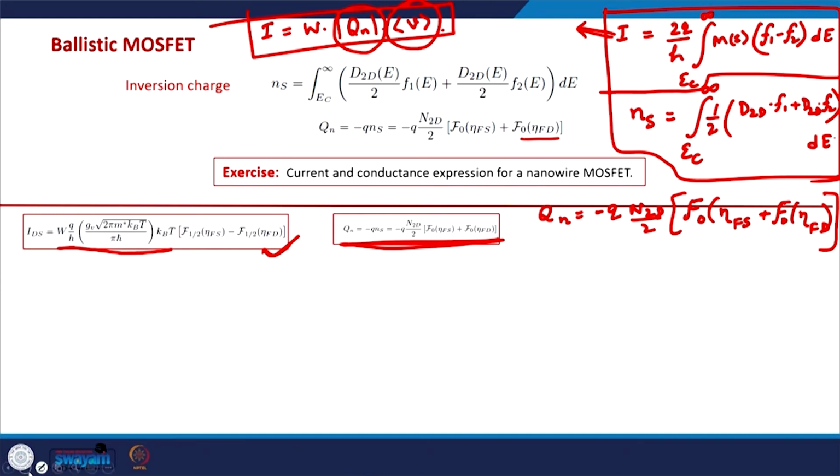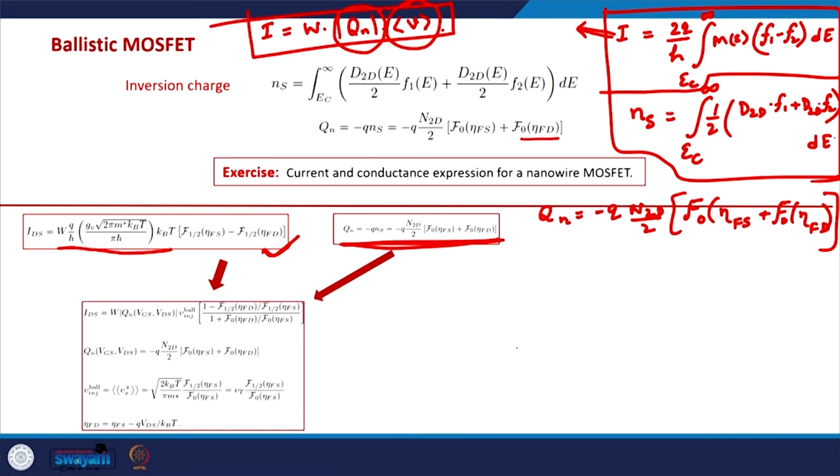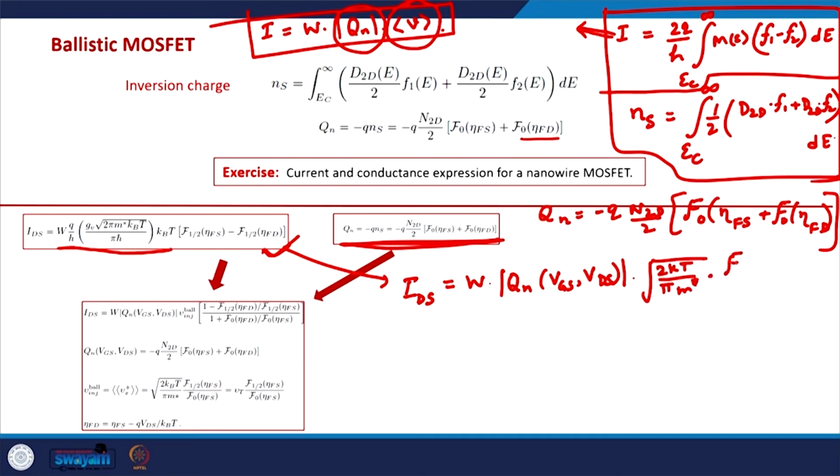So what we do here is, in this particular expression of the current, IDS, we take W outside, and this N2d can also be expanded, and that will give us Q times N(VGS, VDS), because this is a function of VGS and VDS, times the square root of 2kT divided by pi m star, times the Fermi-Dirac integral of order half divided by the Fermi-Dirac integral of order 0,